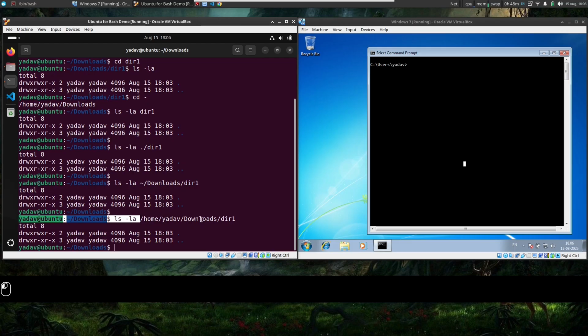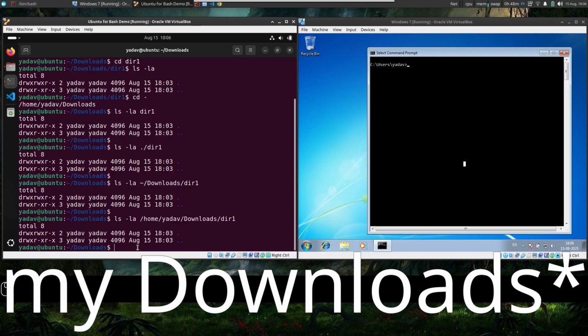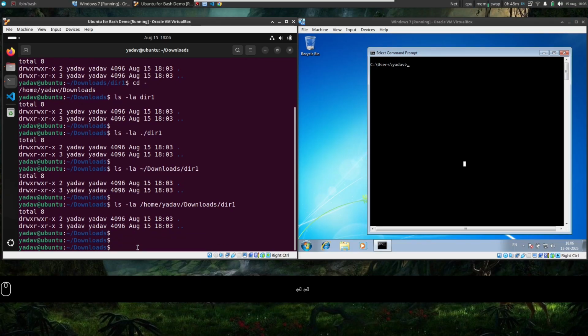In Linux, we have the absolute location of something and we can have a relative location. Relative as in from where we are right now operating from. As of now, I'm operating from my home, so I could have given ls -la from my current location dot, go to, I am in downloads.